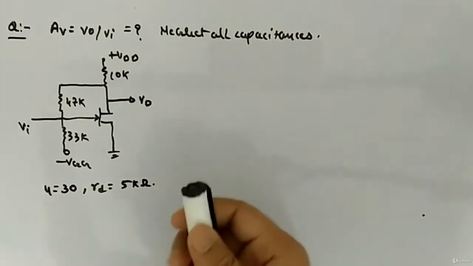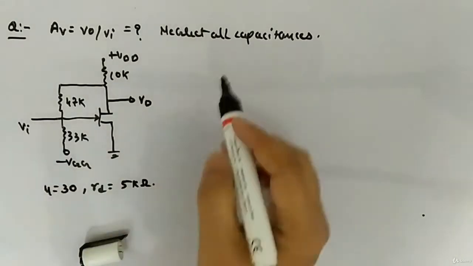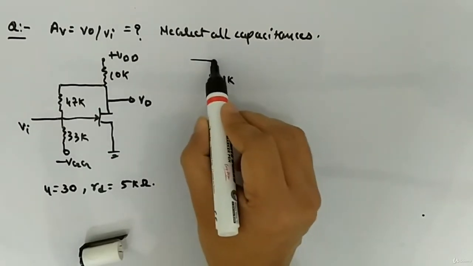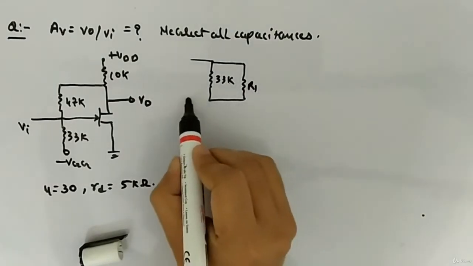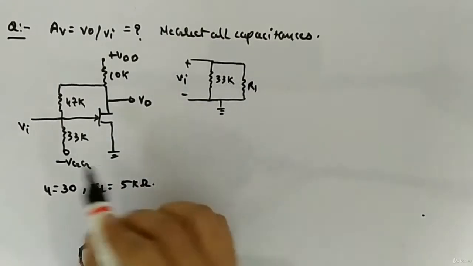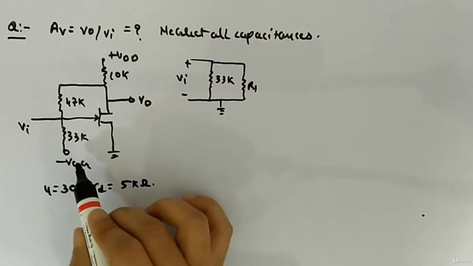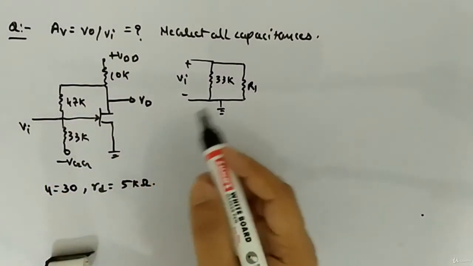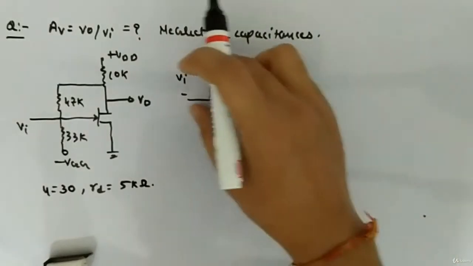Okay, so directly you can make the AC equivalent circuit. Here this is 33k, then this is R1. I'll tell you what R1 is. Then here you are applying Vi, positive, negative. This is ground, since this is a DC signal, so for AC analysis this will be ground. This is the input signal we are applying. Then this is what you have on the input side. So this voltage is also Vi, you can see that, parallel.